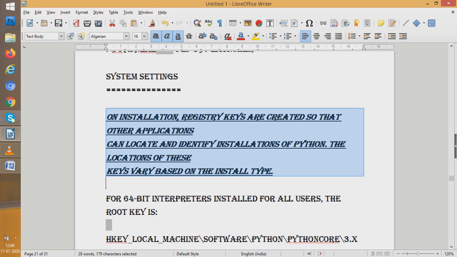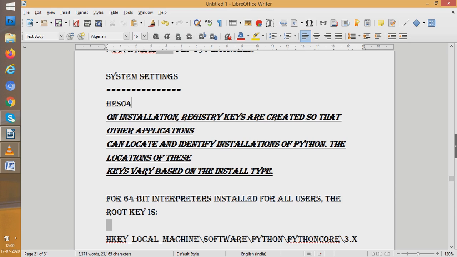Now if you want to write H2SO4, so H2SO4. Now but 4 and 2 should be at the footsteps of H and O. So you select this, and here you see there is an option. The shortcut is Control plus Shift plus B. But if you use this option, click it, H2, 2 becomes down, here 4 becomes down. So this is how we make chemical formulas.